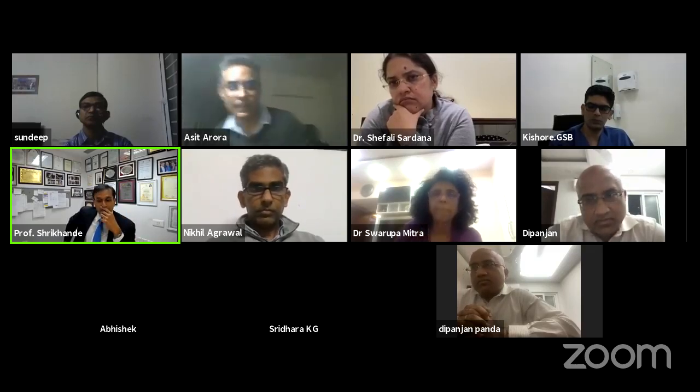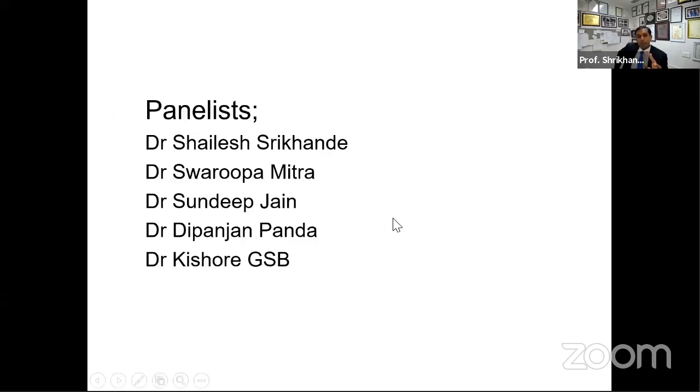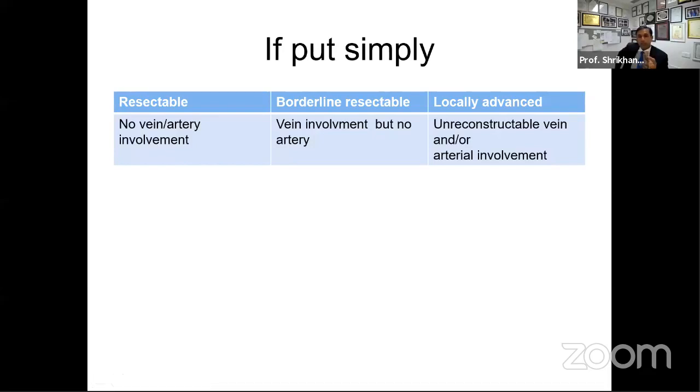The other thing is the vein involvement is often considered by many psychologically as an advanced disease, but actually the anatomical location is in one of the most complicated areas of the body, with the hepatobiliary pancreatic system all coming together along with the digestive system in a small area. So many people still are of the opinion, and they are not wrong, that vein involvement is just a problem of where the tumor was located. There is nothing more aggressive about it. It is as good as a patient without a vein involvement. And again, we don't have a clear answer for this.